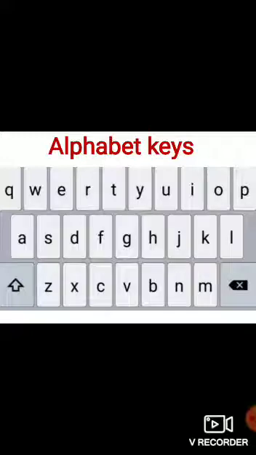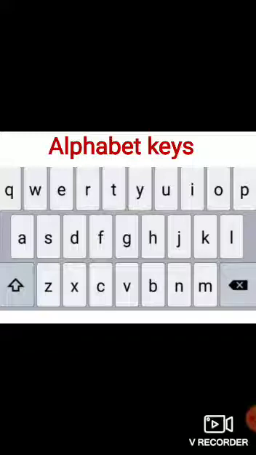Now first one is alphabet keys. Alphabet keys are marked with the English alphabet from A to Z. These are arranged in jumbled order. If you want to get anything on the screen, you have to press alphabet keys.